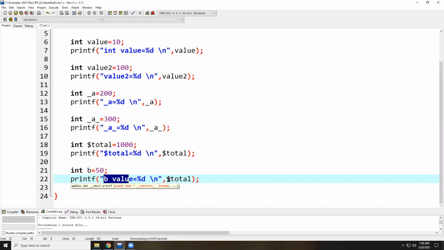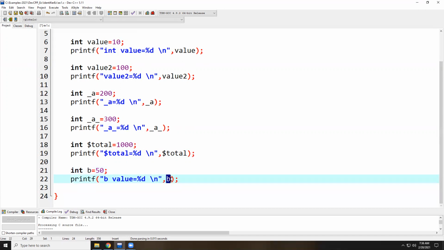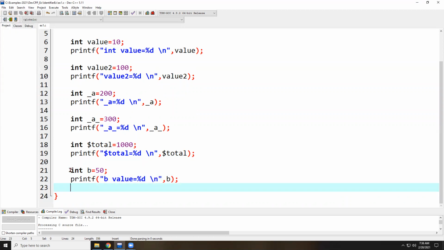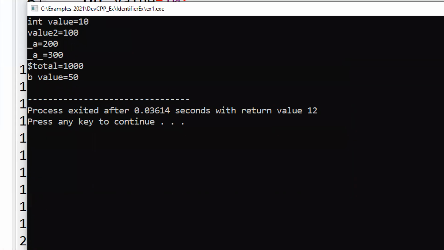What is the output variable? The output variable and the variable I declared should be the same. Here I am going to print the output variable. The format specifier is what? Percent d, because I am using an integral data type. So observe, I recompile the application and rerun the application. We got b value equals to 50.